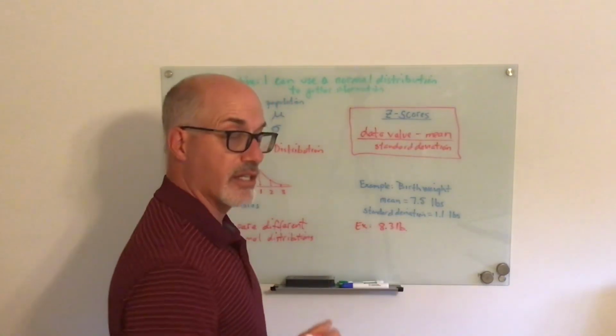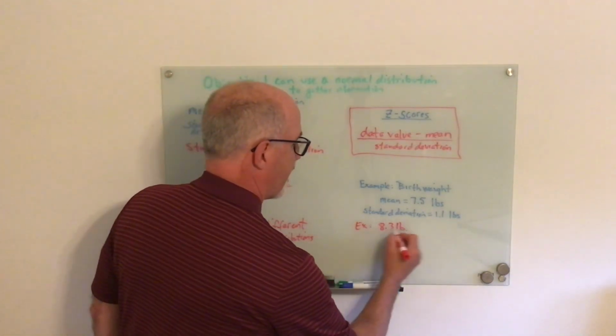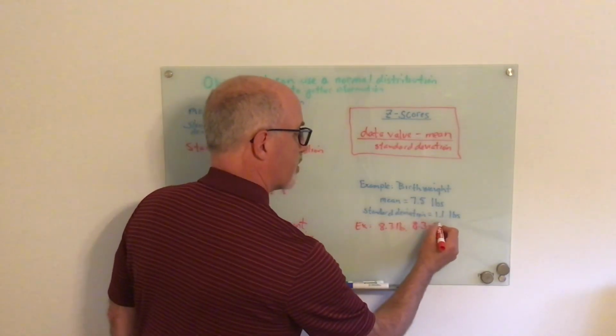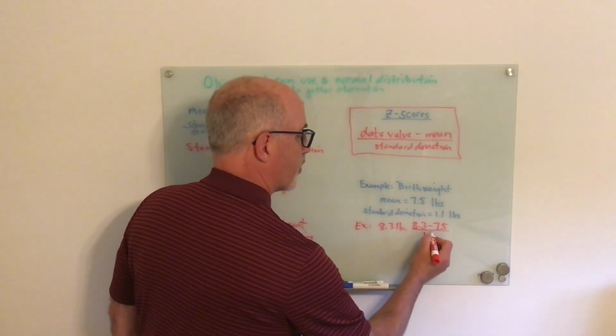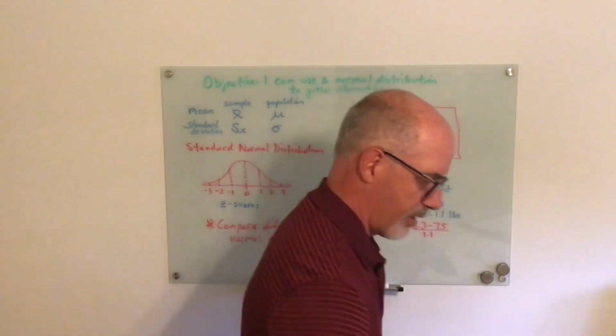Now to figure out the z-score for this, what we're going to take is that data value, 8.3, subtract off the mean, which is 7.5, and divide by the standard deviation, which was 1.1. So you got to make sure you take your calculator